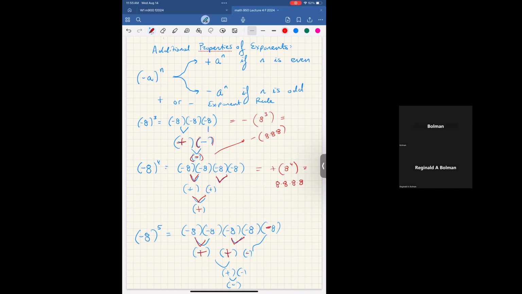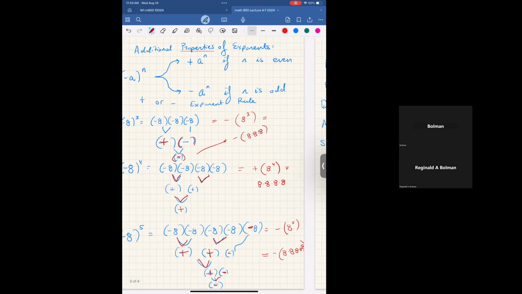But then you would be left with this trailing -8 hanging out in space. And so, because a positive and positive gives you a positive, eventually you would have a positive and a negative multiplied together, and that would result in a negative. So just remember this rule, and you don't have to do all of the accounting for the negative signs. You can just perform the calculation of multiplying the 8 by itself 5 times and slap a negative